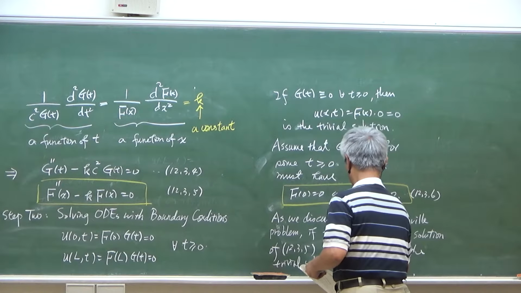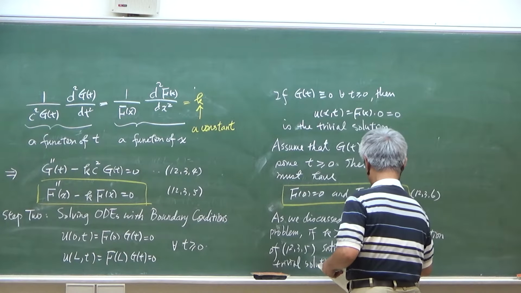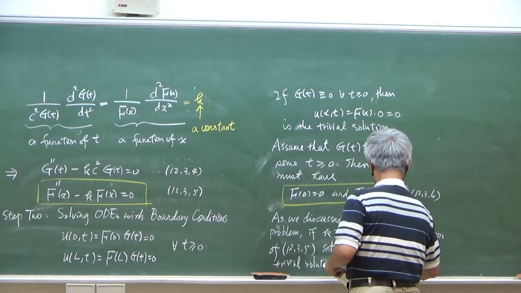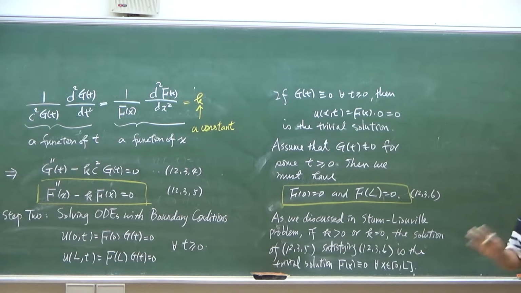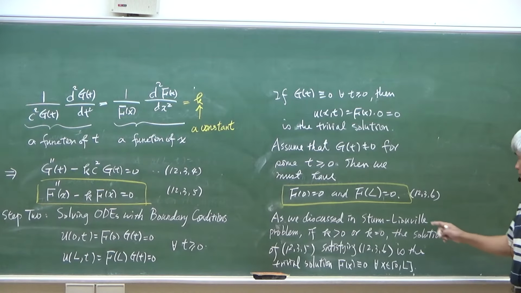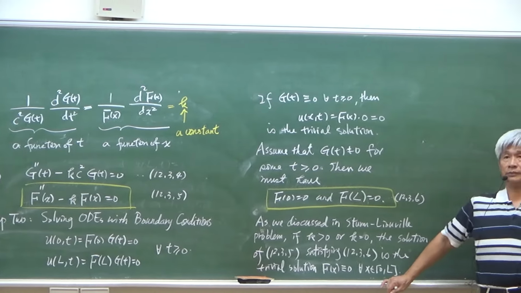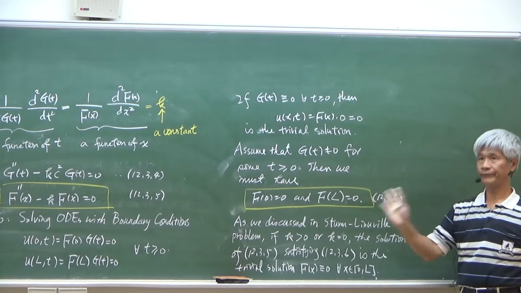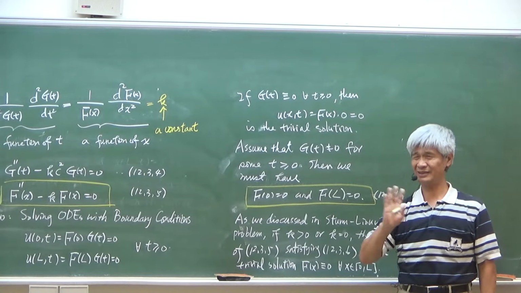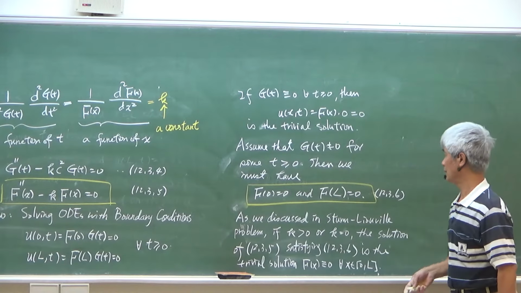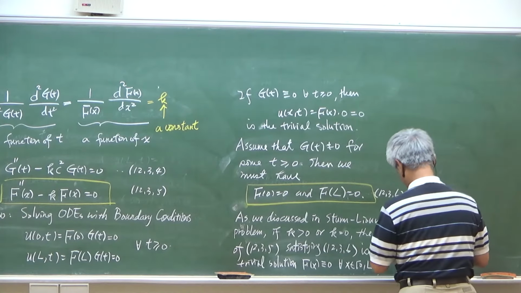F of x equal to 0 for all x, 0 to L. Okay, you can do the same argument as we did in the differential problem. I don't want to repeat it again, right? This is the same. So now,